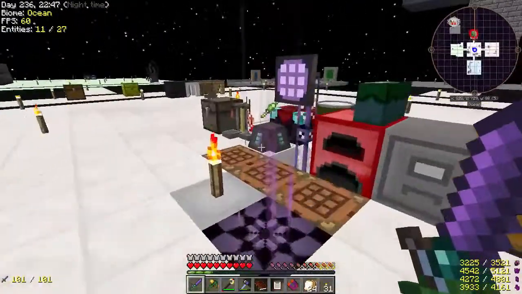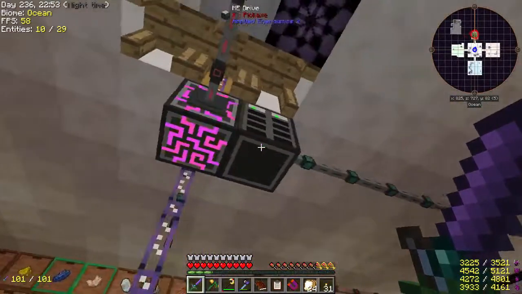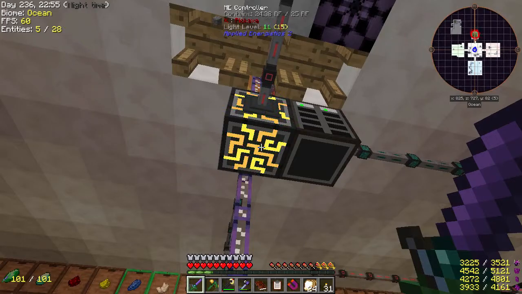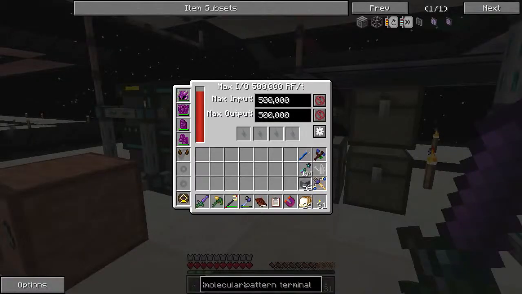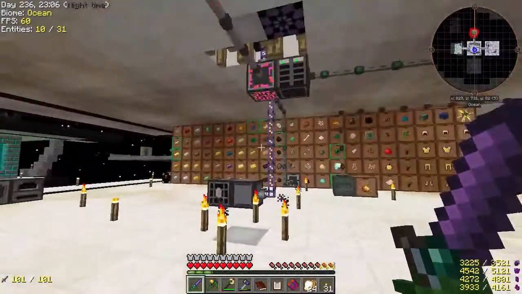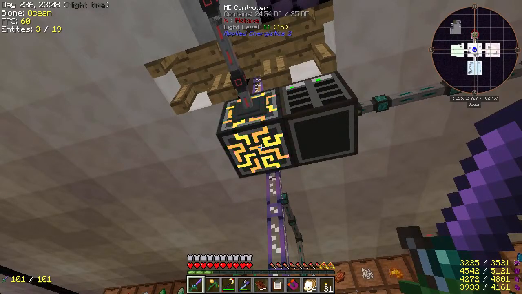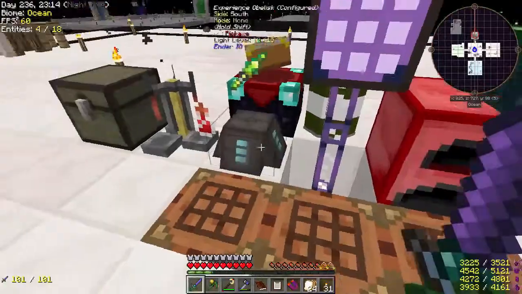In the last episode, we got actual Applied Energistics. So we set this up last time, and we are running out of power. Why are we running out of power? No idea. Okay. Well, whatever. It's fluctuating. Okay, that's fine. So yeah,